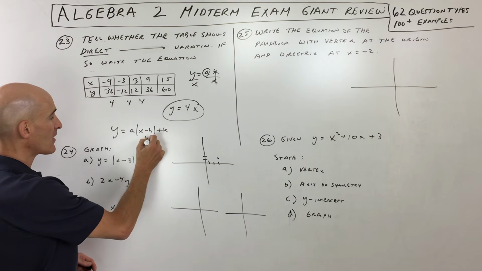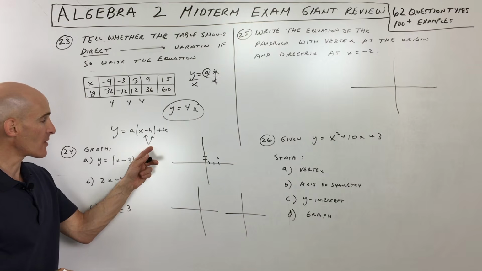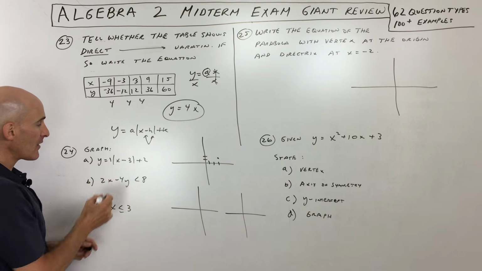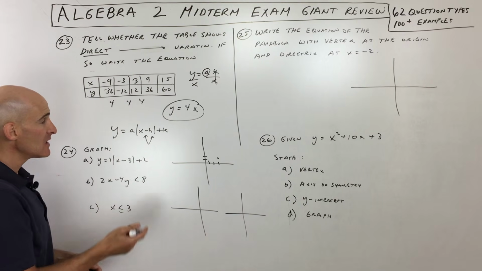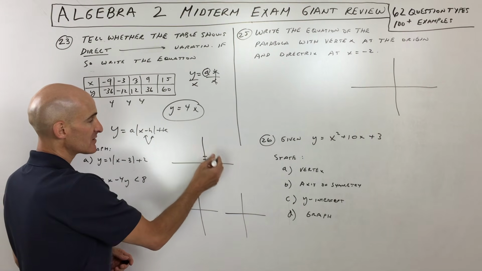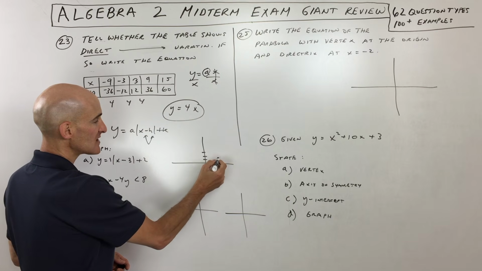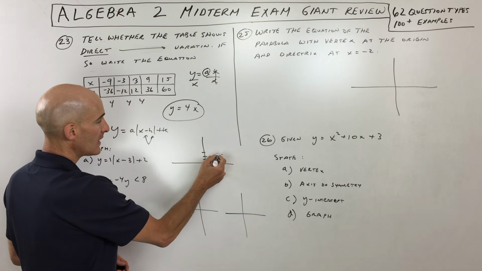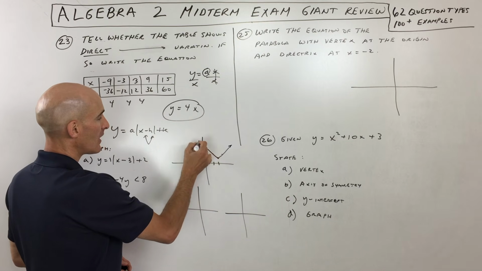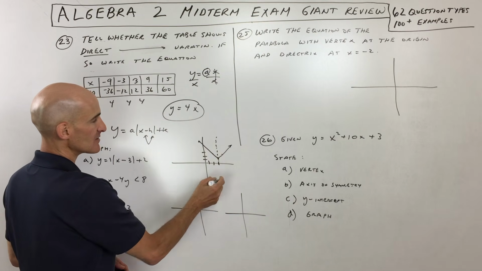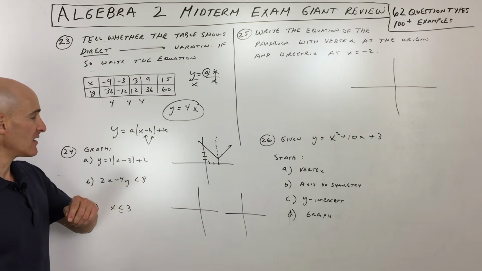Now remember, absolute value graphs have these V-shaped graphs, a real sharp corner there. Then if you look at the a value in front, in this case it's 1, because there wasn't anything there, 1 times anything is itself, that's really like the slope. That's how steeply the absolute value graph goes up. So in this case it's going up 1, over 1, up 1, over 1. You can go left and right because it's symmetric about that vertex. This is like a line of symmetry. Okay, so real easy to graph those.